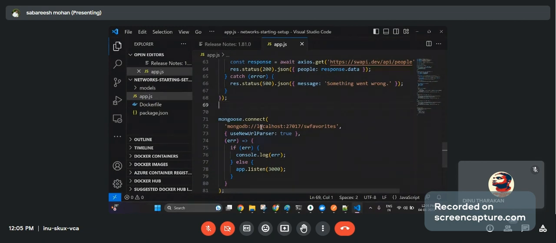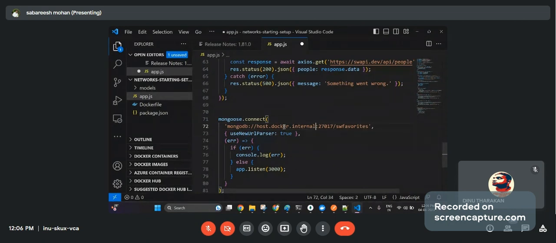Now the Node.js is in the container and MongoDB is on the host machine, on your laptop. So they need to modify this part. They need to say host.docker.internal. This is an interview question. This particular domain will resolve to the IP address of your host machine.